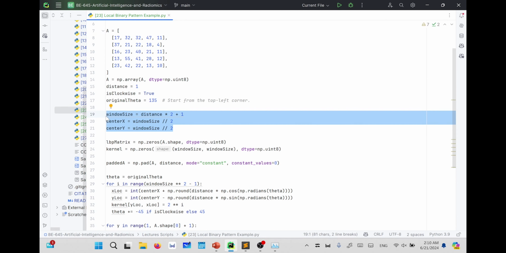In that case, the window size will be 3, and the center X and center Y will be 1s. Doing that will help if we have different distances. For example, at a distance 2, the window size will be 5, and the center location will be 2 and 2, and so on. Then the LBP matrix will be similar to the original matrix shape,